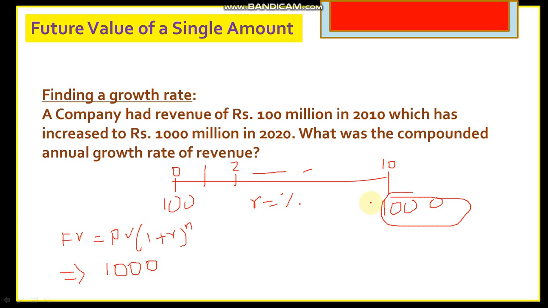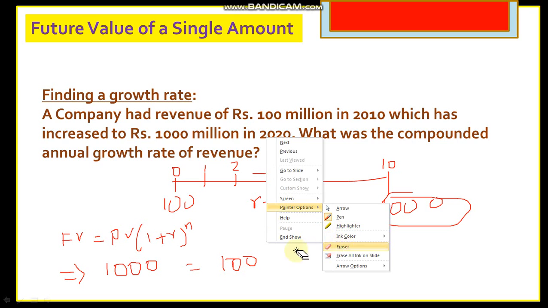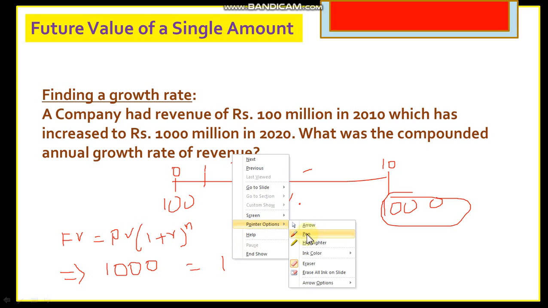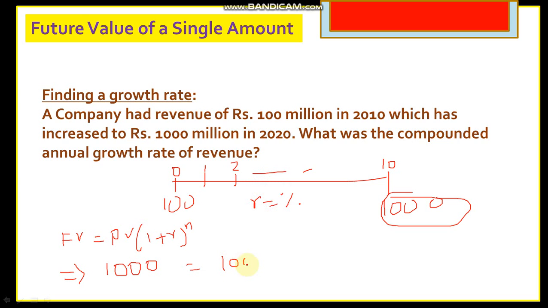1,000 is my future value that I know. This is equal to present value, which is 100. That is what I know. So my present value is 100, and 1 plus r, which I have to calculate, to the power n. I know that is 10. Clear? So if I just simplify this particular equation, then I'll get r equal to